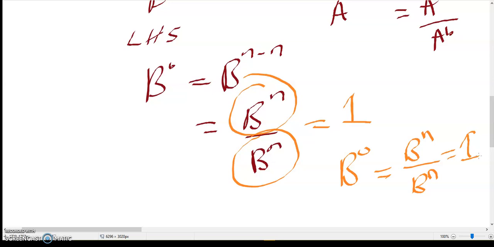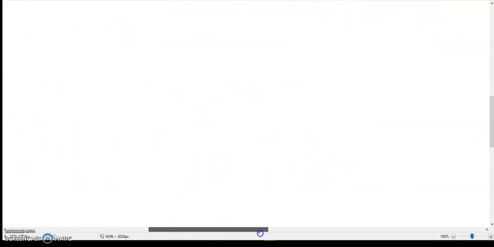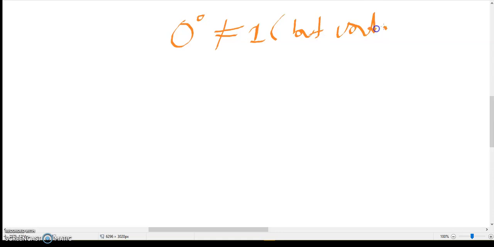Now on to answering our next question. Why is 0 to the power 0 not equal to 1 but undefined? Let me get back to my color here. Why is this not equal to 1 but undefined? So again,